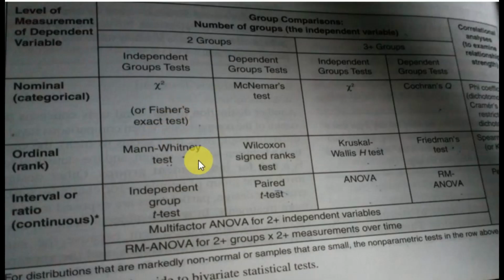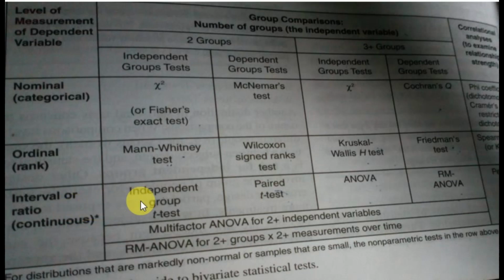This table will give you an idea regarding the parametric and non-parametric test and when to use these tests. So first column consists of level of measurement. In the previous video, I have given detailed explanation regarding the level of measurements. So level of measurements, it is of four types, that is nominal level of measurement, ordinal level of measurement, interval level of measurement, ratio level of measurement. In parametric test, the measurement should be in interval scale, should be at least in interval scale.